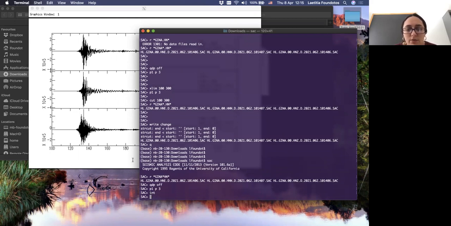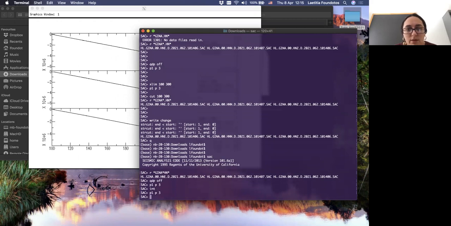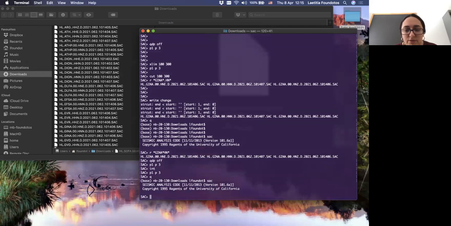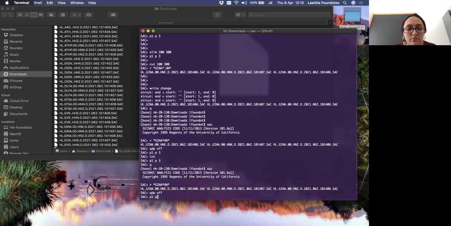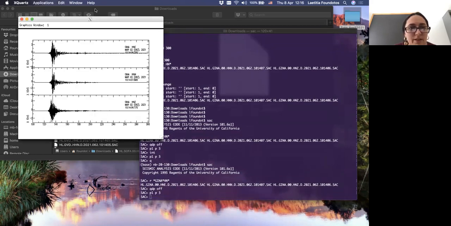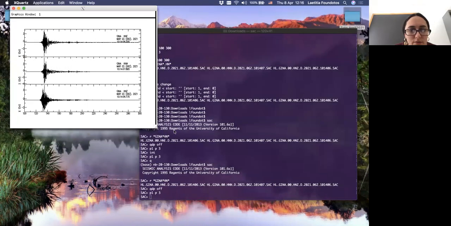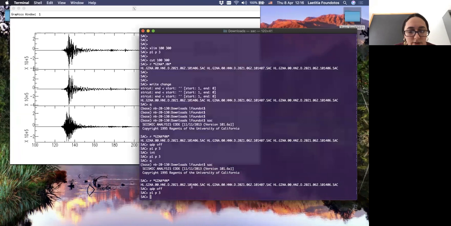And now if I plot again, I will have, oh, sorry, maybe I have to filter before. So let me read again. Okay, so here again. Maybe we can filter here.